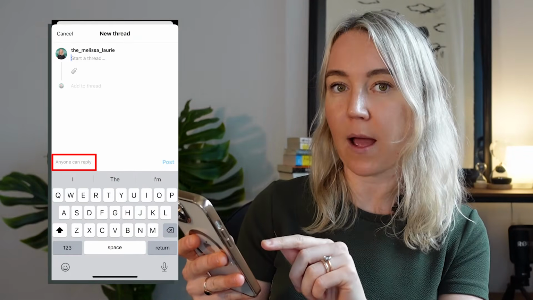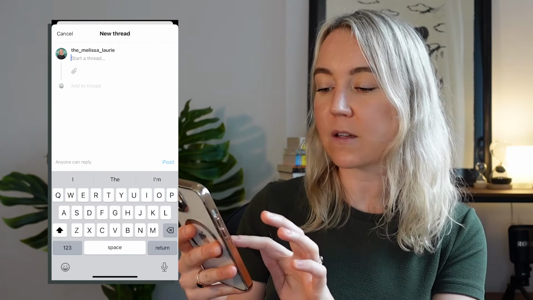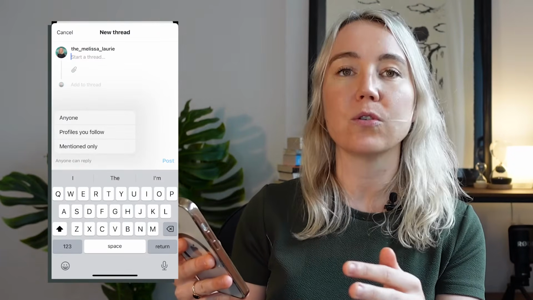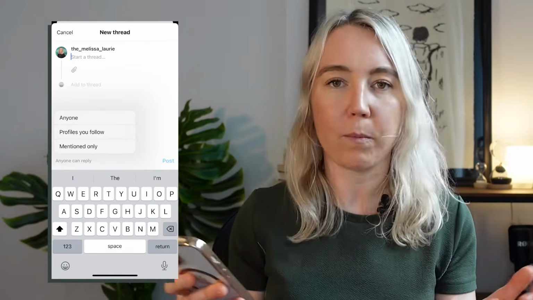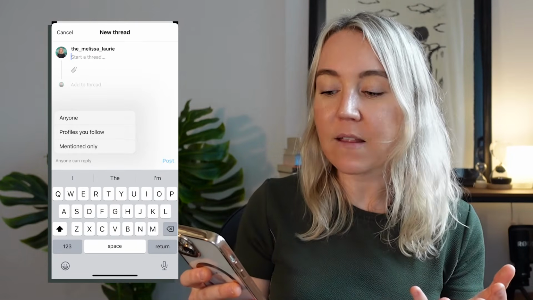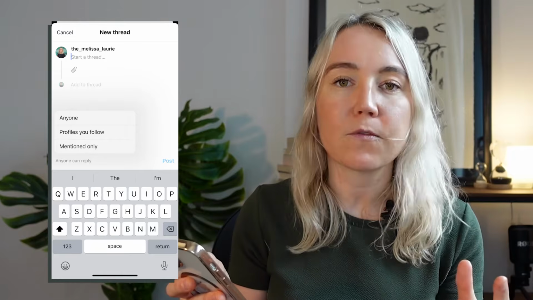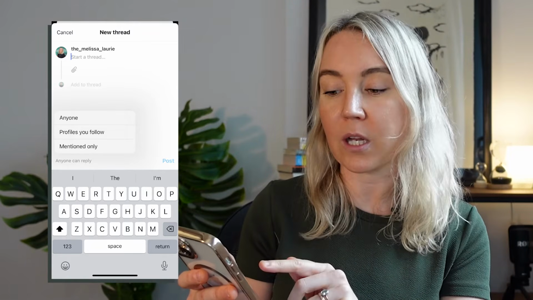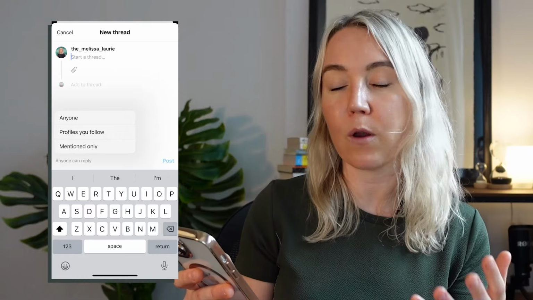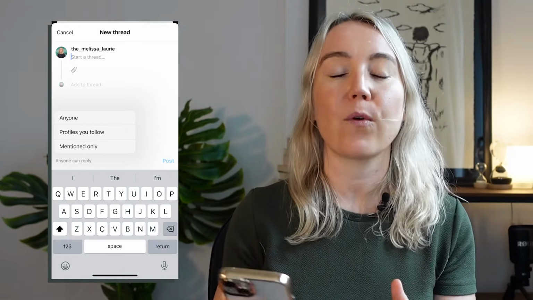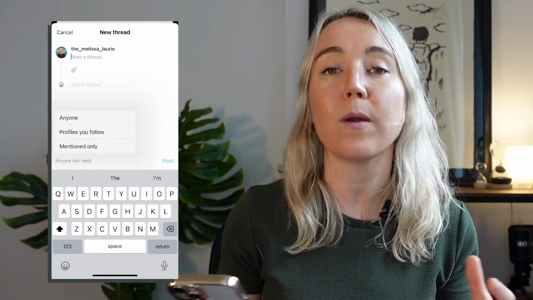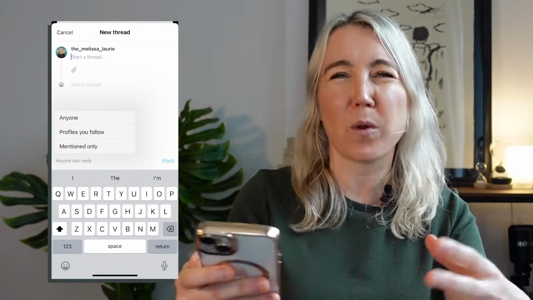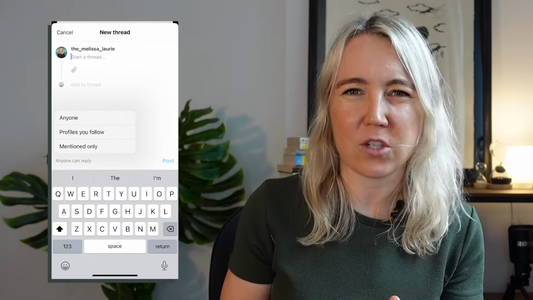Another cool feature about Threads is that when you post something, what you can do is select anyone can reply. See that at the bottom there? So if you select that, you can actually choose who you want to reply. So I often leave this as anyone because I'm open to anyone replying. But let's say that you only want to get comments from specific people. So it could be mentioned only and you tag that person. Or maybe it's from profiles you follow. And the reason why Threads created this is so that you can also work out how you want the conversation to go, if you want it to be open to everyone or you want it to be more of a closed conversation that you're having with certain people. So that's really cool as well.